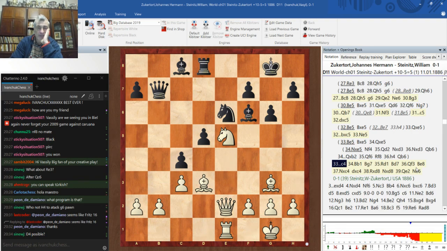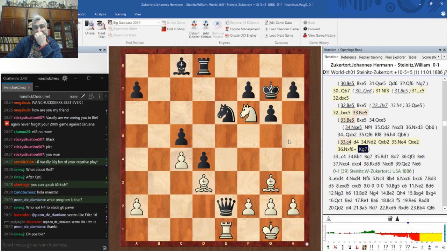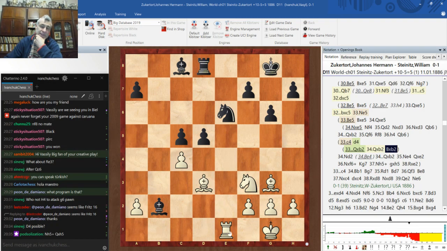Now d4, after c4, d4. It's possible, but after d4, my idea was to play bishop e4 and bishop d5. Also possible knight d2, because queen b2, knight e4, maybe not convincing, however, because queen takes e2, knight f6, king g7. White has some compensation, but I'm not sure about this. Okay, after d4, bishop e4, and bishop d5. But okay, queen takes b2 is possible. I'm not sure that White has a strong position. Somewhere White is suffering